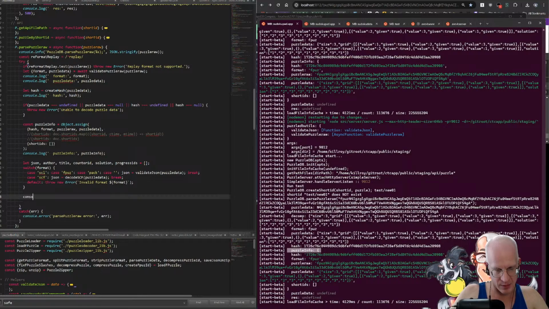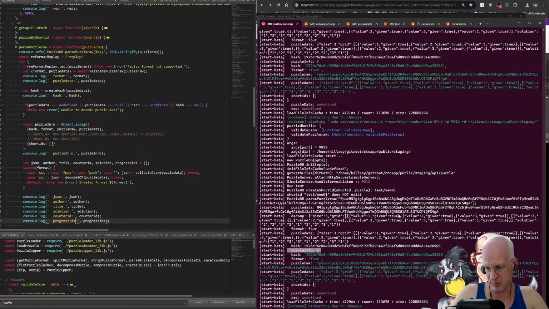And the next step is console.log author. And I don't think we've parsed any of these yet. JSON. Counter ID. We just have to create the rest of these. Ooh. All right. And now